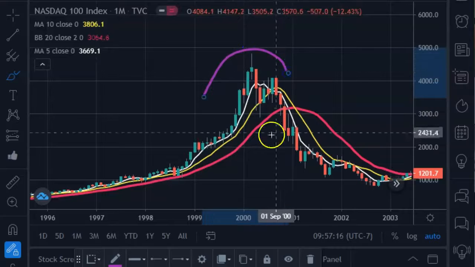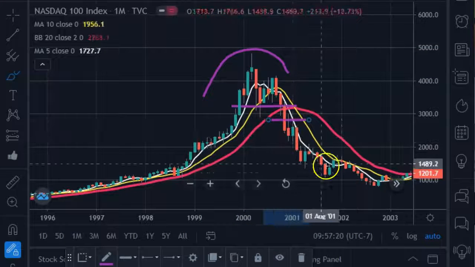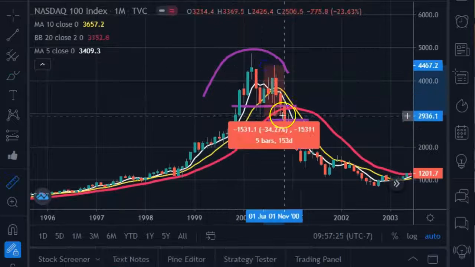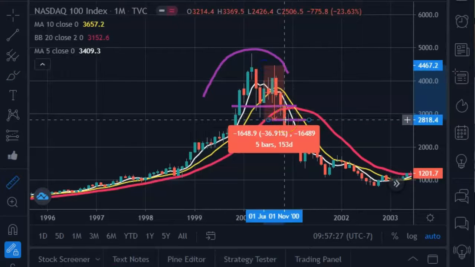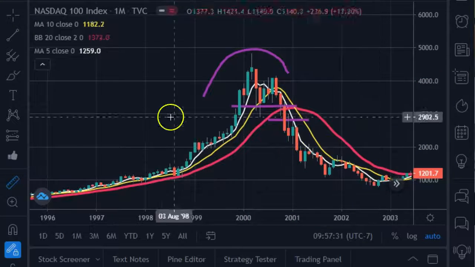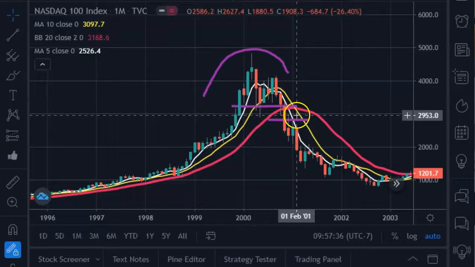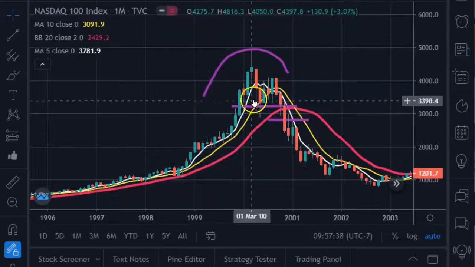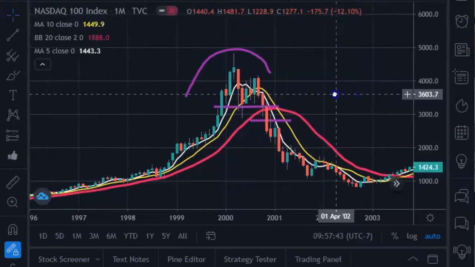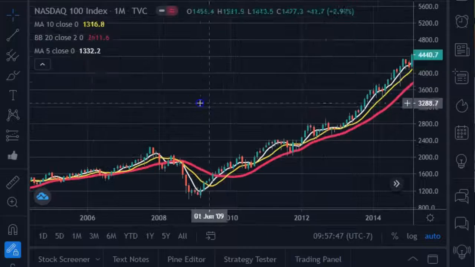Once it rolls over, let's say it starts making lows, it continued to do that. So let's say this was 37%, 35%, and it ended up going 84%. So there's still half of it left. So maybe selling call spreads would have worked. Selling call spreads or buying deep in the money puts may have worked. Okay, let's remember that. So then if you look at the current market, the current Nasdaq situation,